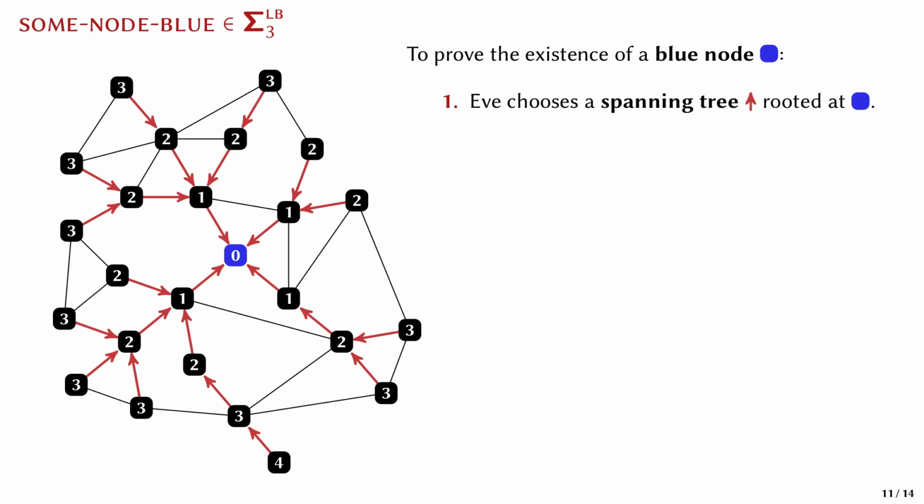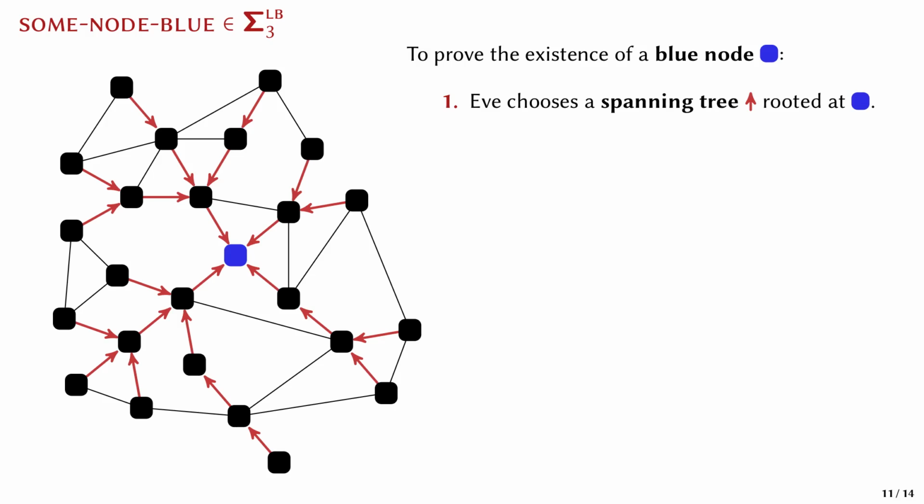However, there is still a problem. The size of these counters depends on the depth of the tree, and that's not possible with locally bounded certificates whose size depends on constant radius neighborhoods. So unfortunately, this simple solution doesn't work. And in fact, it's easy to prove that we really need Adam's help to solve this problem. So here's what we can do.